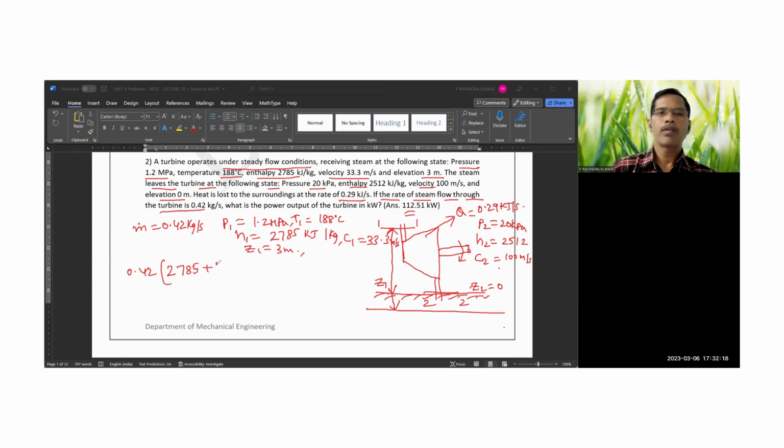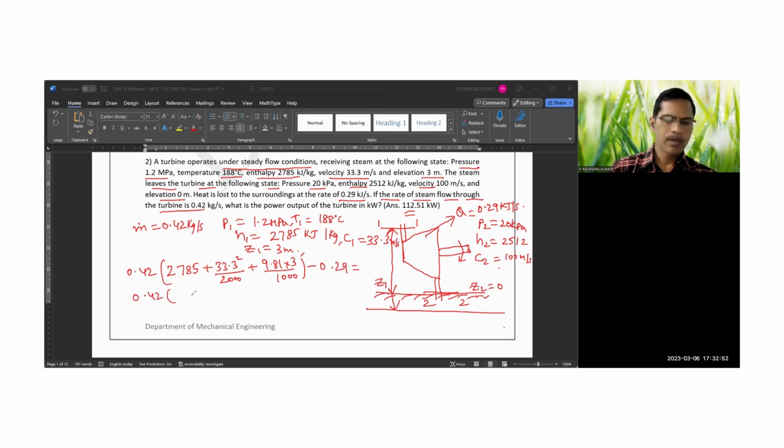C1 is 33.3, squared and divided by 2000, plus gZ1. g is 9.81 into 3 divided by 1000. Heat is leaving, so it is minus 0.29, is equal to